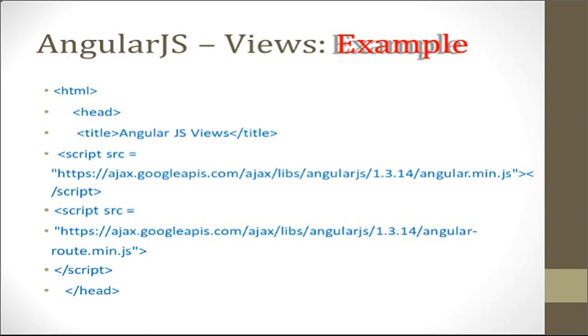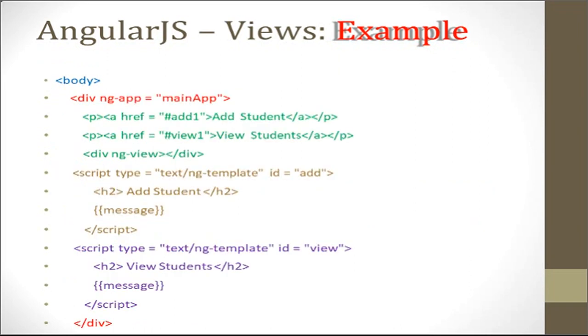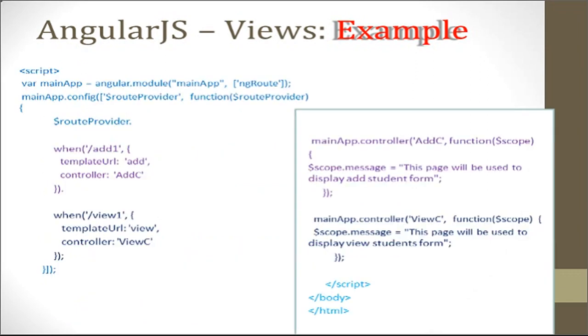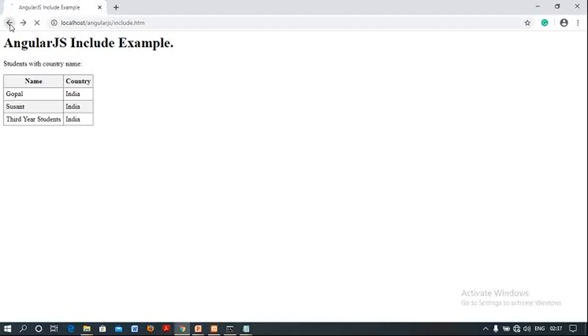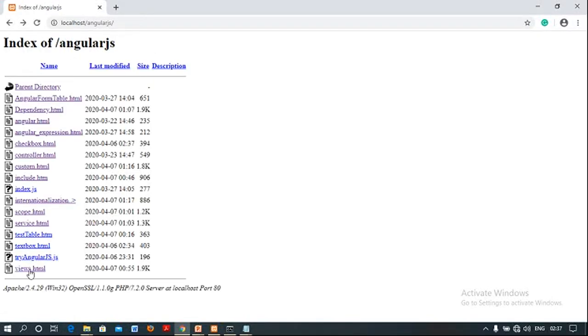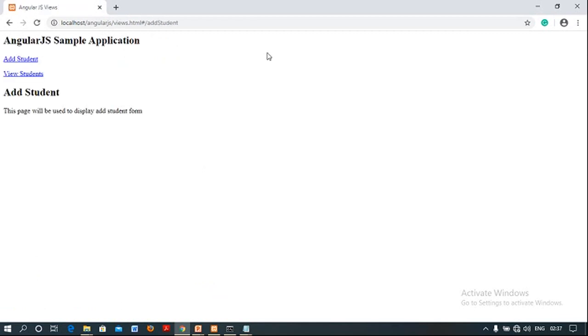So this is an example. Just see now how this example should look; we will view it on a XAMPP server. Okay, I will again explain this example of views. So this is my basic output. In my single page you can view different views. So just see now, here my views. In a single page we can see multiple ones. So add is obviously student. When I click add, this will be shown. When I click on view, just see the view student. So this way we can use views in my AngularJS.